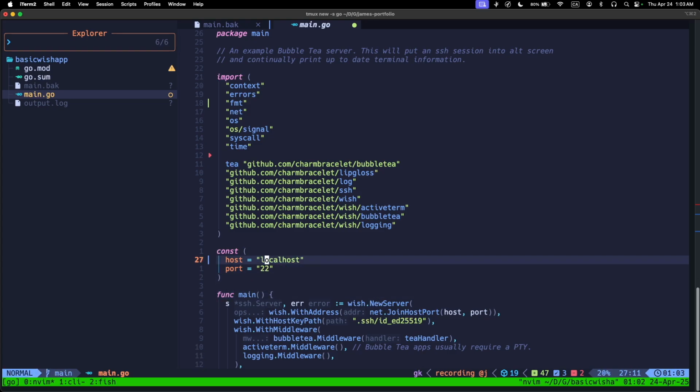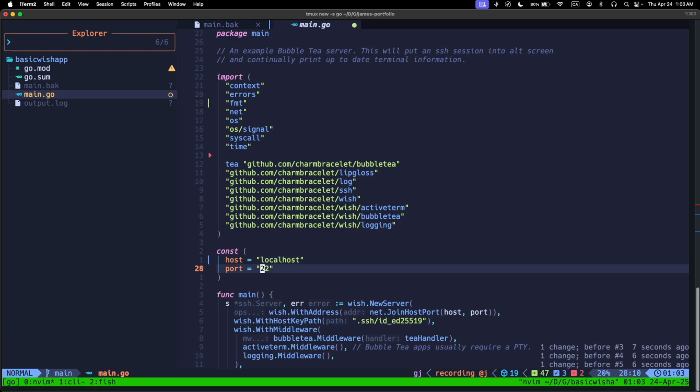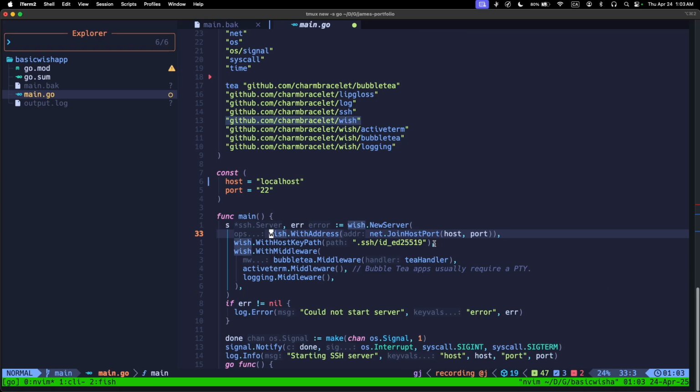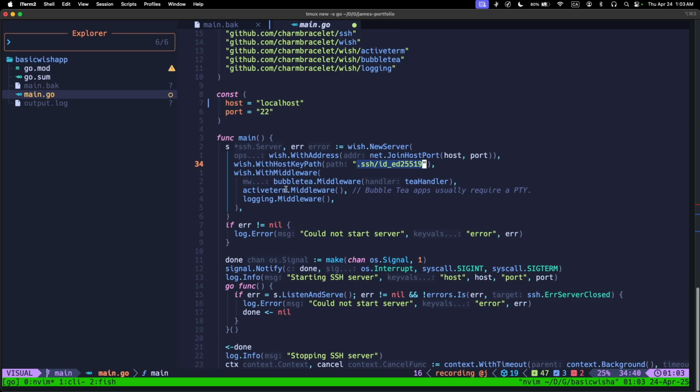If you want this to be deployed in production, make sure you change this away from localhost to 0.0.0.0, because that's how you tell the computer to listen on all interfaces. Otherwise, localhost is good for development. And here we're telling Wish that we want the SSH keys to be stored in this path,